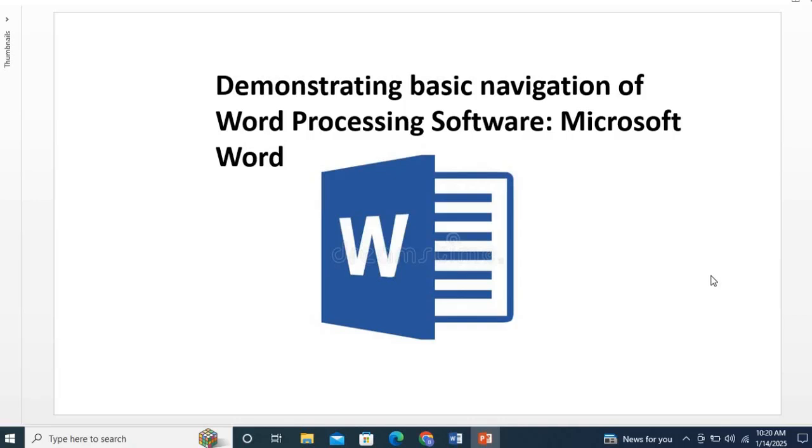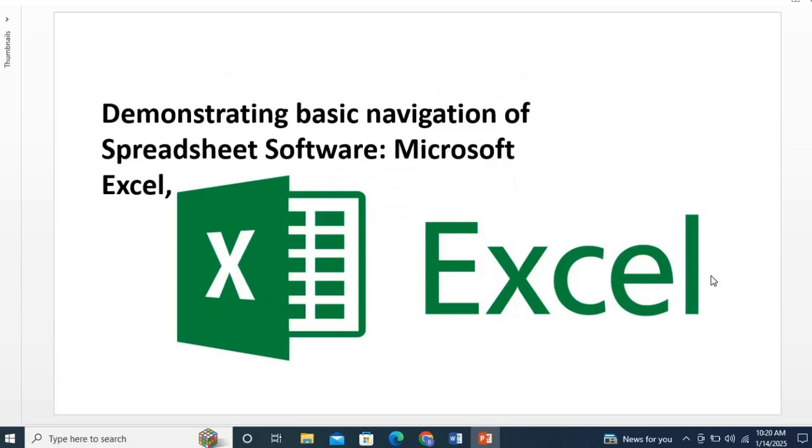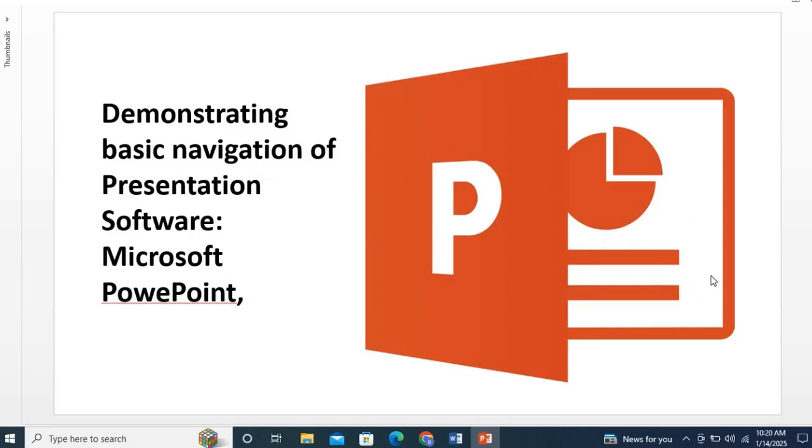So we are going to be focusing on Microsoft Office, which is a productivity software for word processing. Secondly, we are going to be focusing on Microsoft Excel, and also PowerPoint,